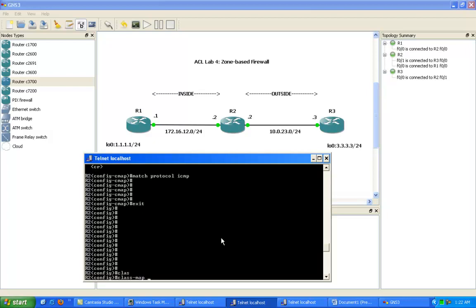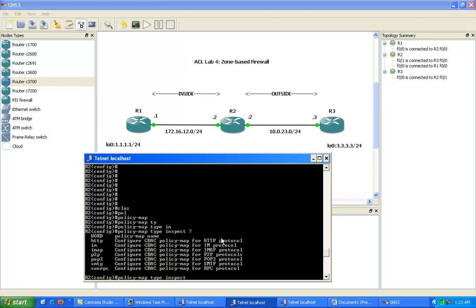So we'll do a class map. I'm sorry, not class map. We'll do a policy map, and then type inspect, and then see here there's already a couple of pre-configured options. We're going to go ahead and do